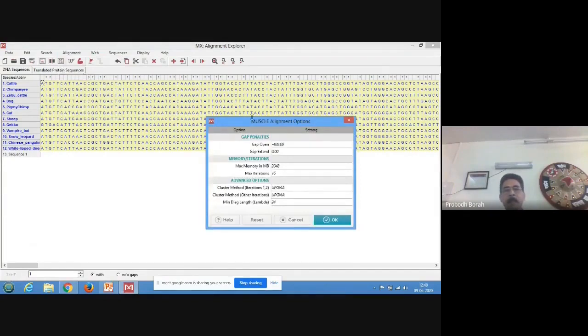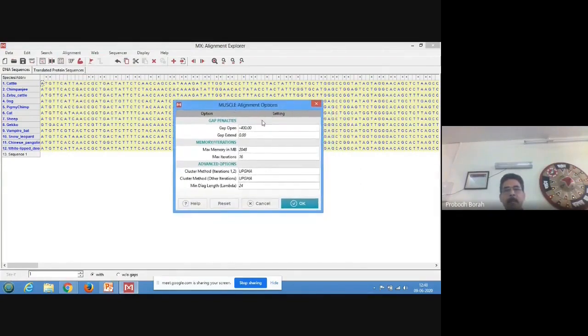Okay. Now it is giving us the parameters of alignment. There are some default parameters set already here. Say gap opening penalty -400, gap extension penalty 0, maximum memory MB 2048, maximum iteration 16, then the cluster method that will be used is UPGMA.